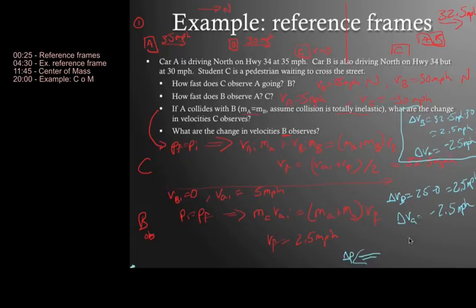Now, here's another special point: in all these cases about reference frames, what we're really talking about are inertial reference frames. This is really just a fancy way of saying you have to be moving at a constant speed for me to consider you an inertial reference frame. If your reference frame is accelerating, physics will not look the same as if you were in an inertial reference frame. We'll talk more about that in the next chapter.